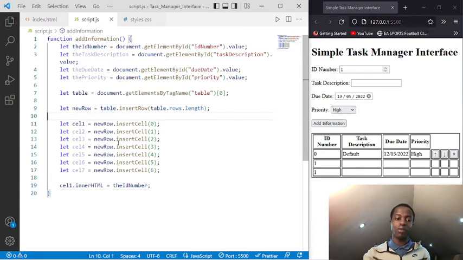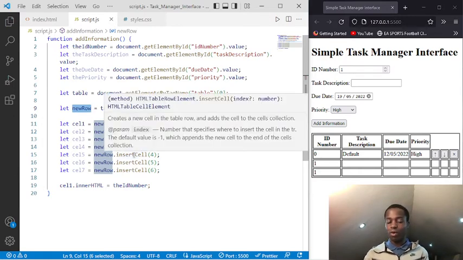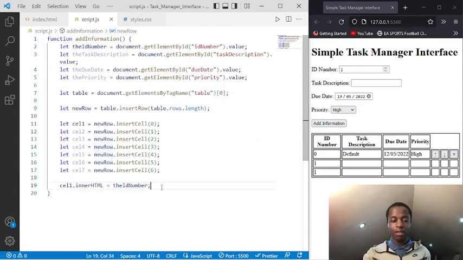So we have to create the new row firstly, and in the one row we're creating cells, and each cell is going to have the user's input. Okay,